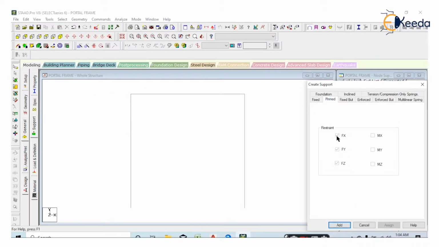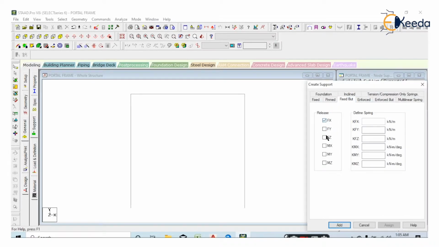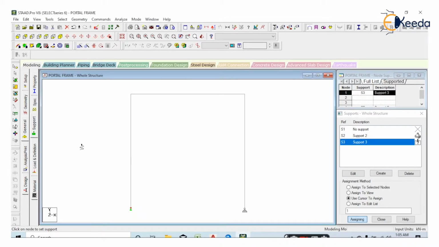Create one pin support and one another roller support. Add, assign this support at a location of pin and this support at a location of roller, right?